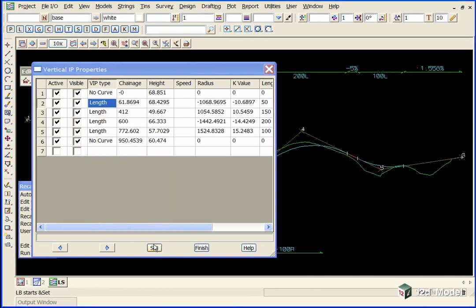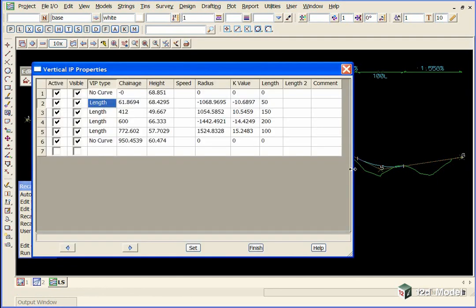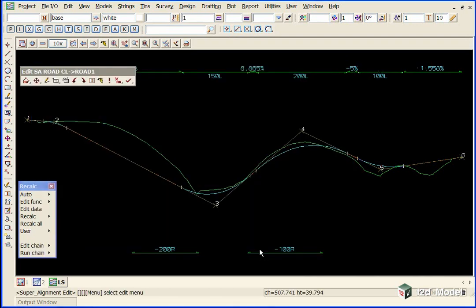And once again, you would need to click on Set. Other things that we can note inside of here, our K value is automatically calculated, our radius is automatically calculated, and obviously our chainage and height are shown, and the length. We're not going to make any changes to this, so we can simply click on Finish, and then we're finishing editing our alignment, so we can click on the tick button here,